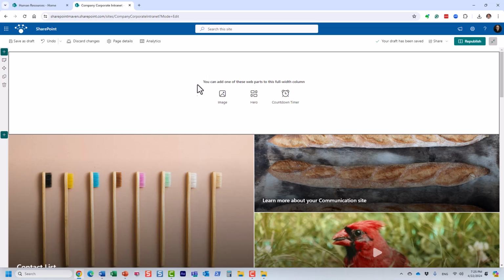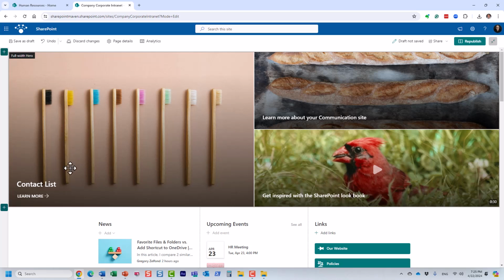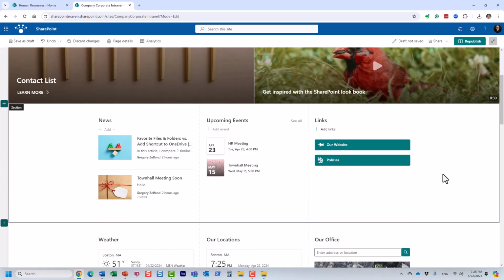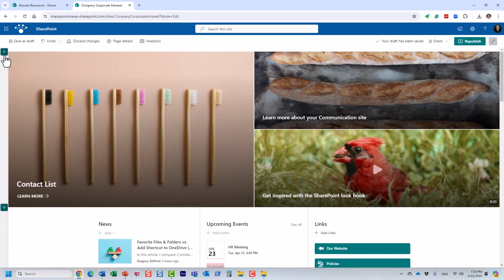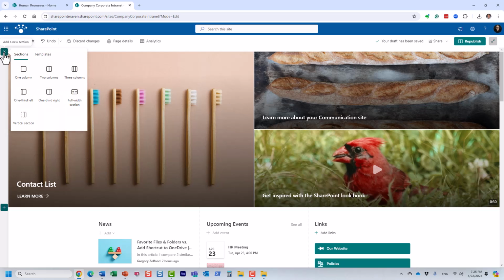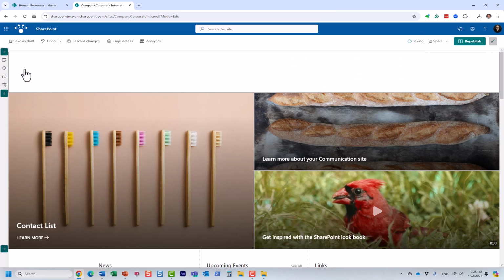Now, the problem with this is that there are only a few web parts we can add here that will really take over the full width. The image, the hero web part, and the countdown timer that we already covered. All right. So how do we get around this issue? Because I do want an extra column on the side. Well, here's the trick. What you need to do is click the plus sign, and instead of full width, we're going to add one column,